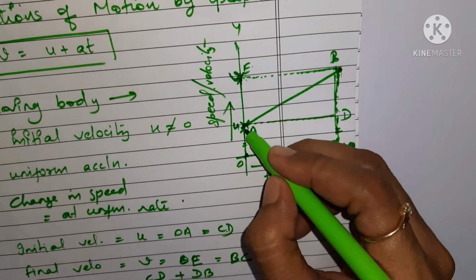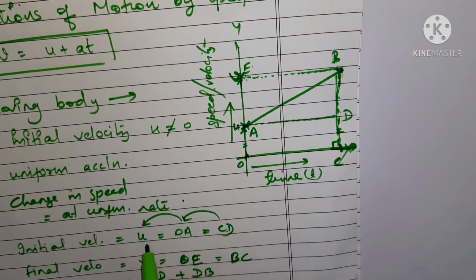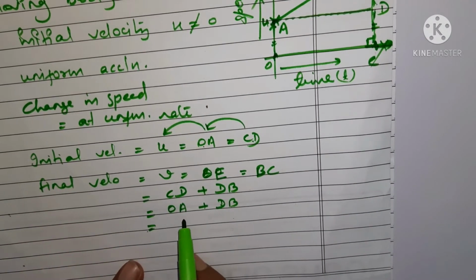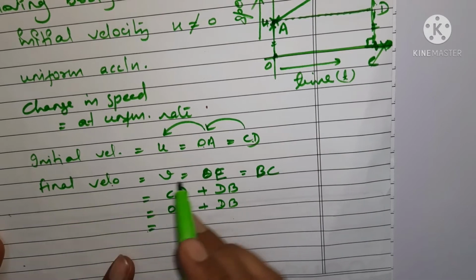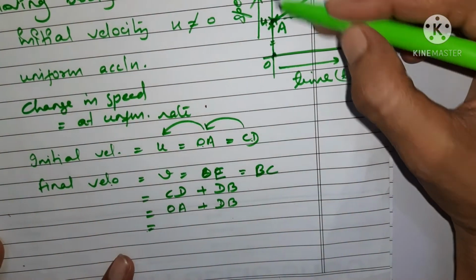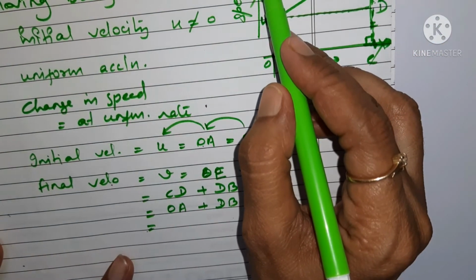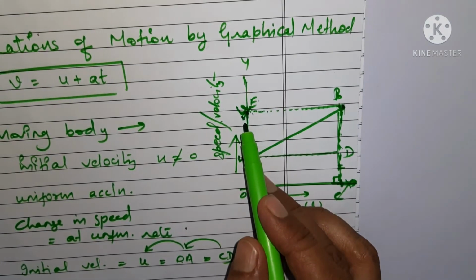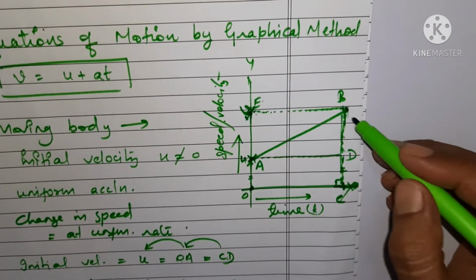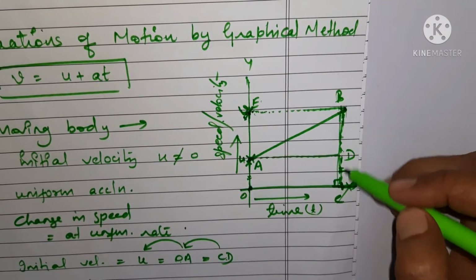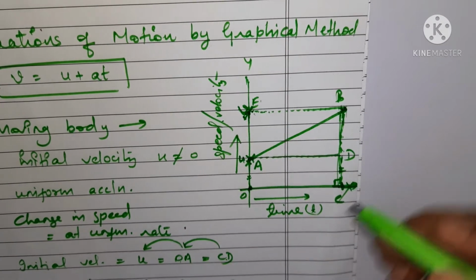Again, instead of OA, what can we put? Rather than this, we have written this, and now we are going to put u. From the initial velocity, the final velocity is given by v, which is this one. From here to here, this is giving you the final velocity because the body is reaching here. It means this final velocity is ultimately equal to this much line, this much portion. So instead of writing v, we can write BC.